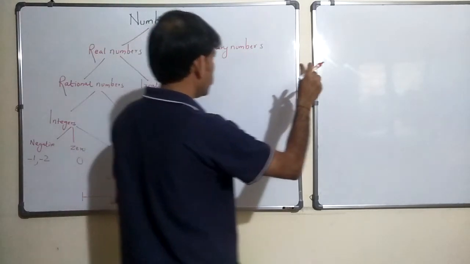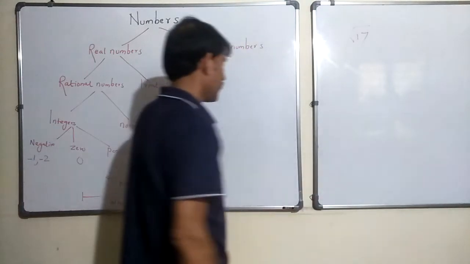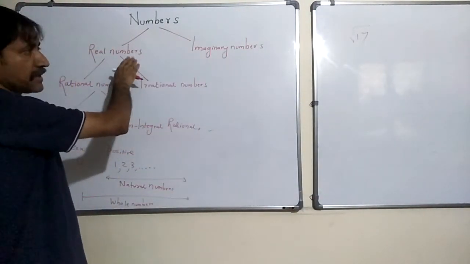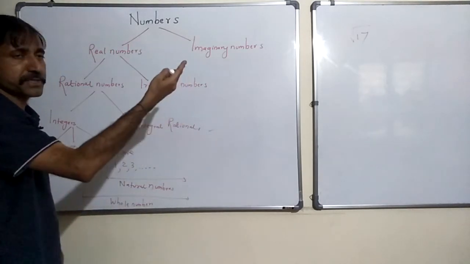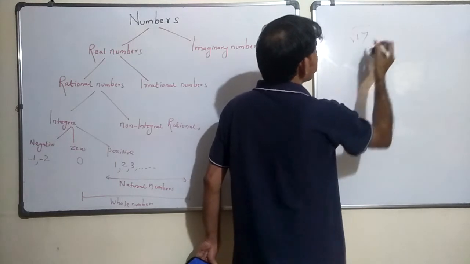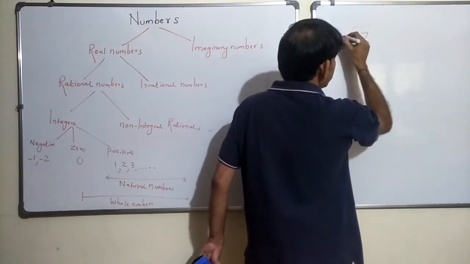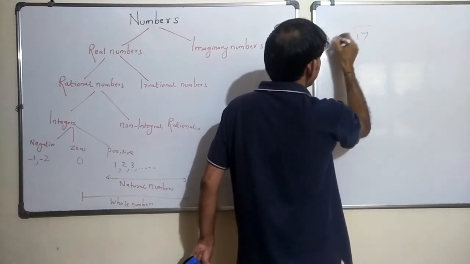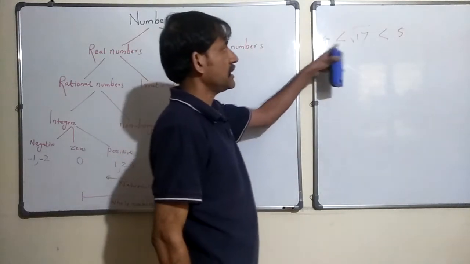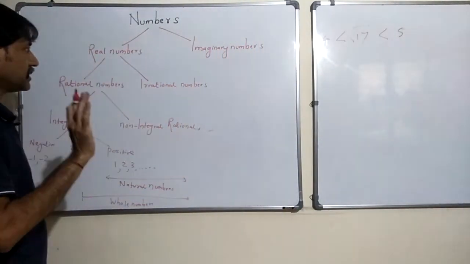All right. So now if you find let's say square root of 17, is it a real number or imaginary number? It is a real number. Okay, because square root of 17, definitely it would be somewhere between, let's say, 4 4s are 16 and 5 5s are 25. So it is between 4 and 5, correct? Because 4 4s are 16, 5 5s are 25, square root would be between. So it is definitely not an imaginary number, it is a real number.